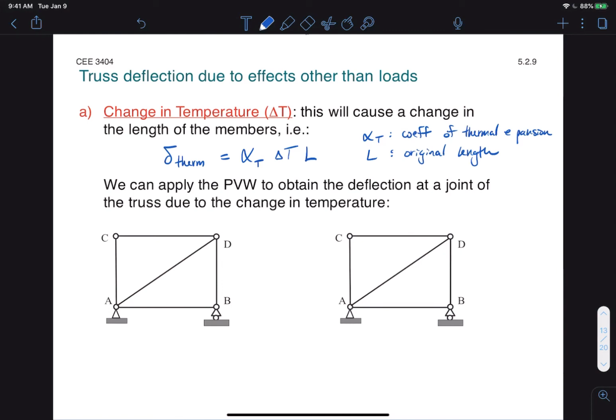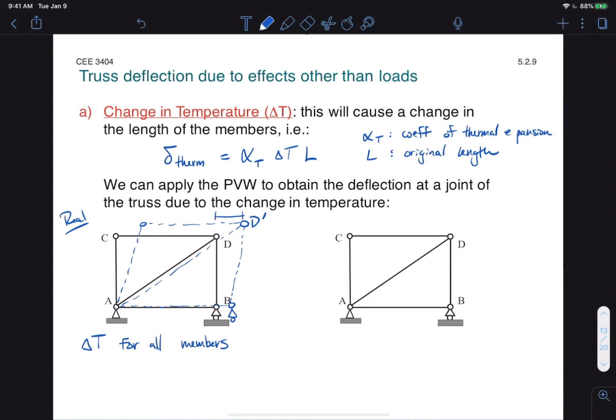So in this case, our real system on the left doesn't have to be loaded at all. Let's say we just apply a constant temperature change in all members. That is enough to generate a deformation. So a positive temperature change will cause the members to elongate, and therefore we'll get something like this. And so let's say we would like to calculate the horizontal displacement of point D to D prime, which we can label as